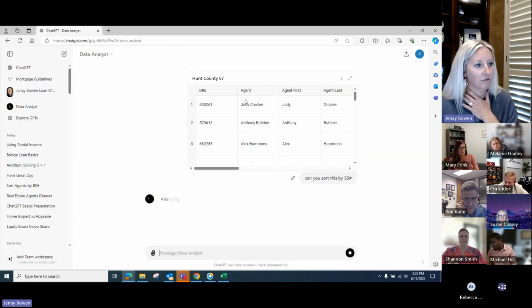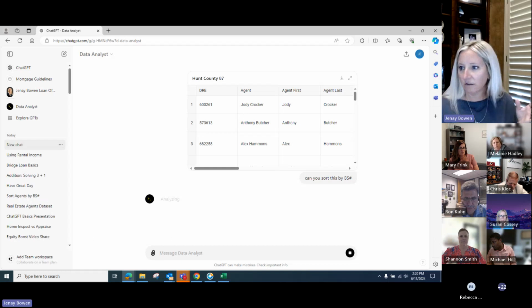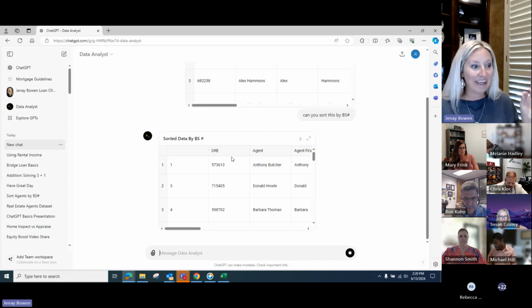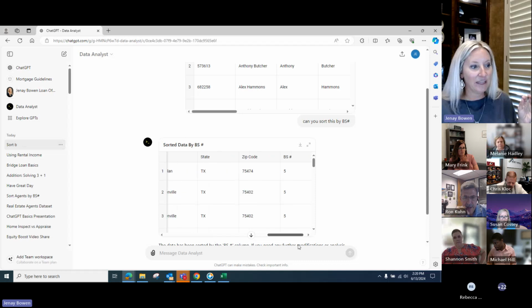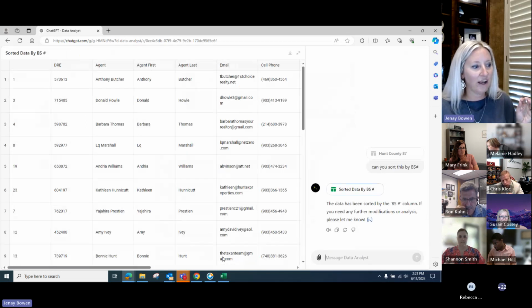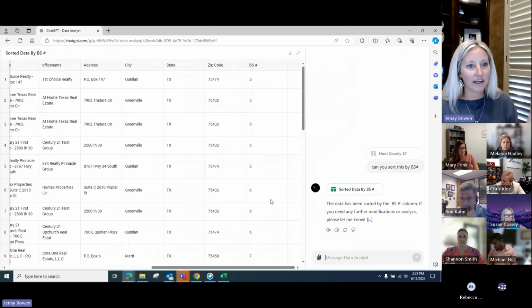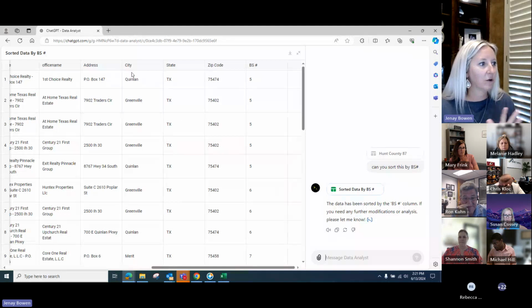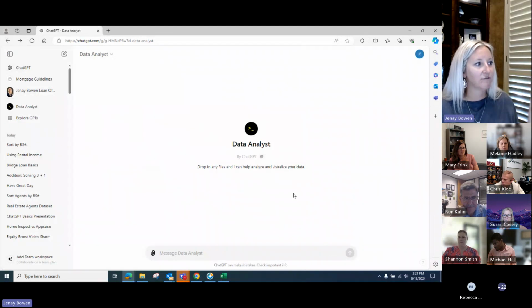So here's the current one that we just saw. I'm asking it to sort this Excel spreadsheet for me, analyze it, and give me the buy sides. So now it just sorted on 5, 6, 7, 8, 9, right? Now I have this data analyzed how I wanted. I told it what I wanted to do. I could do anything I want with that, but I just want you to see it does. If you upload documents into it, it will analyze that for you.